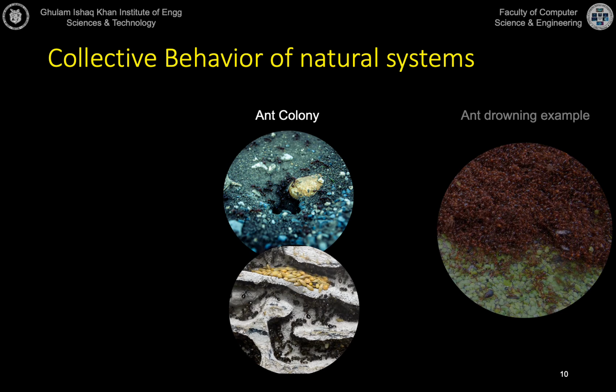For example, they construct nests that are hundreds of times larger than their builders, that are very well organized and structured, so that the nest itself can support the communal coexistence of a huge number of individuals, usually in millions of ants. For example, we can compare this to some very large city, Karachi or Lahore,